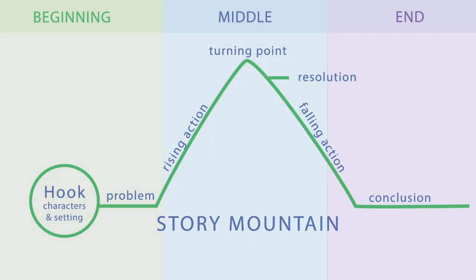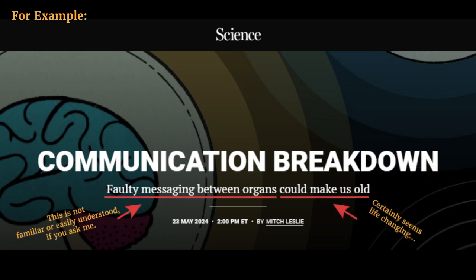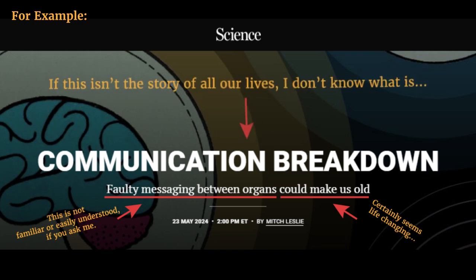So, this is another way to think about how you can tell your research in a compelling way to people. I think we're all familiar with the traditional story arc. There's the conflict, there's the resolution. But this science story mountain goes a little bit deeper, and it includes three main things. The first part is when you confront the audience with an idea that's not familiar or maybe not easily understood. The second part tackles the practical implications. How will this research change people's lives or what we know? And then the third element is the human story.